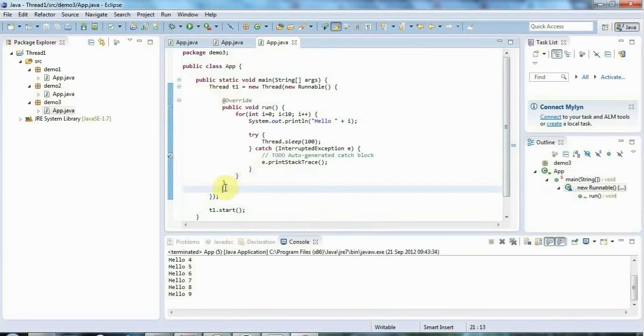And this question comes up a lot in job interviews and on exams. What are the two basic methods of creating a thread in Java? And that's the answer: extend the thread class or implement Runnable and pass it to the constructor of the thread class. In the next tutorial, we're going to start looking at some basic thread synchronization techniques, and we're going to look at the problems that can occur if you have two threads